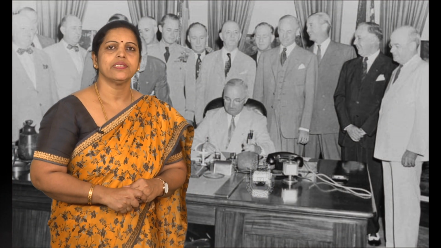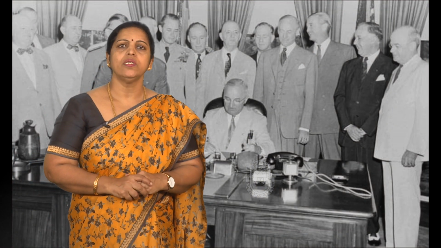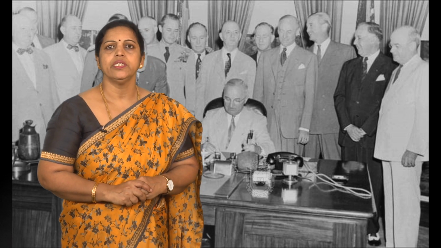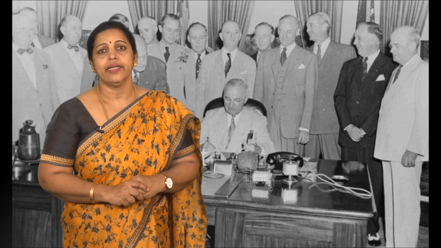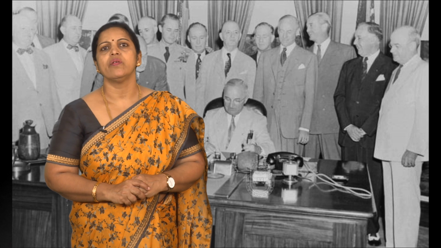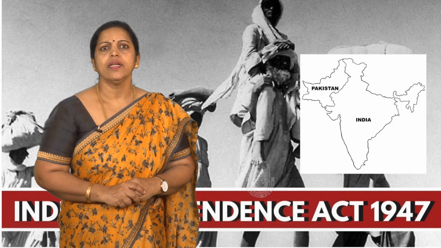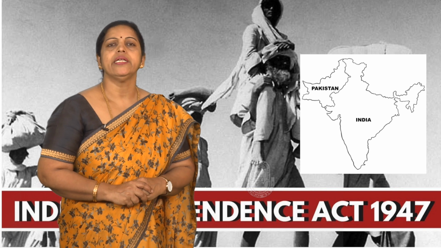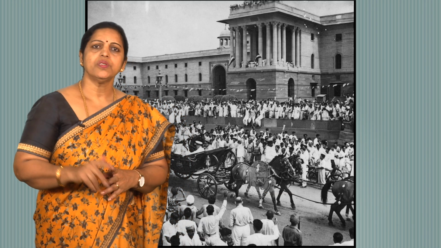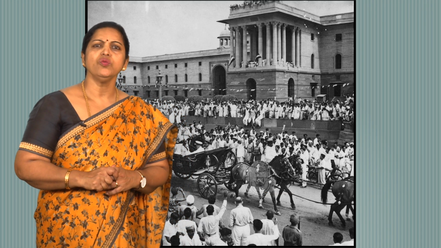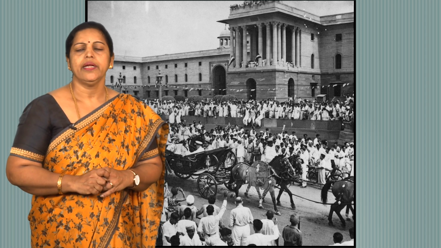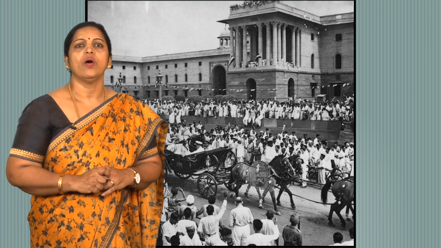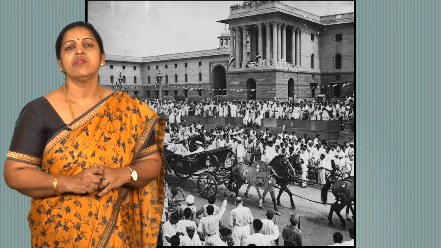The 1947 Independence Act abolished the sovereignty of the British government. It ended British rule in India and declared India an independent and sovereign country. Following the end of British rule, British India was partitioned into India and Pakistan. Through this enactment, the Crown was no longer the source of authority. That means India became independent on August 15, 1947.